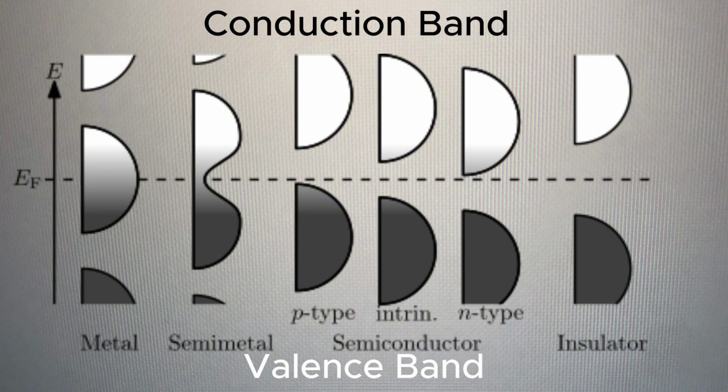Anywho, so a metal has its conduction band and its valence band pretty much overlapped. So at room temperature, there's such an overlap that the electrons are just in the conduction band overall, and then it becomes a really good conductor because you can just put electricity in there and they all just flow in the conduction band. Wonderful, cool, great. An insulator has a massive gap, and because of just how